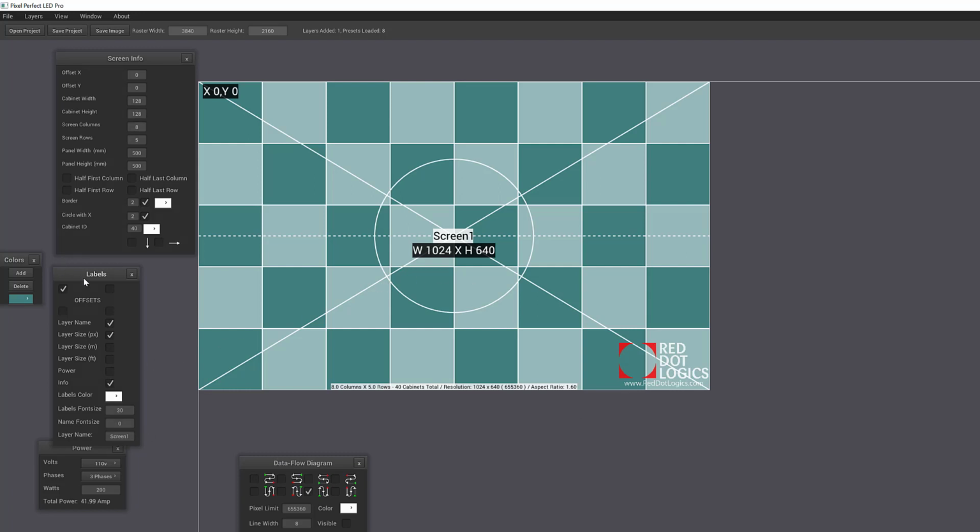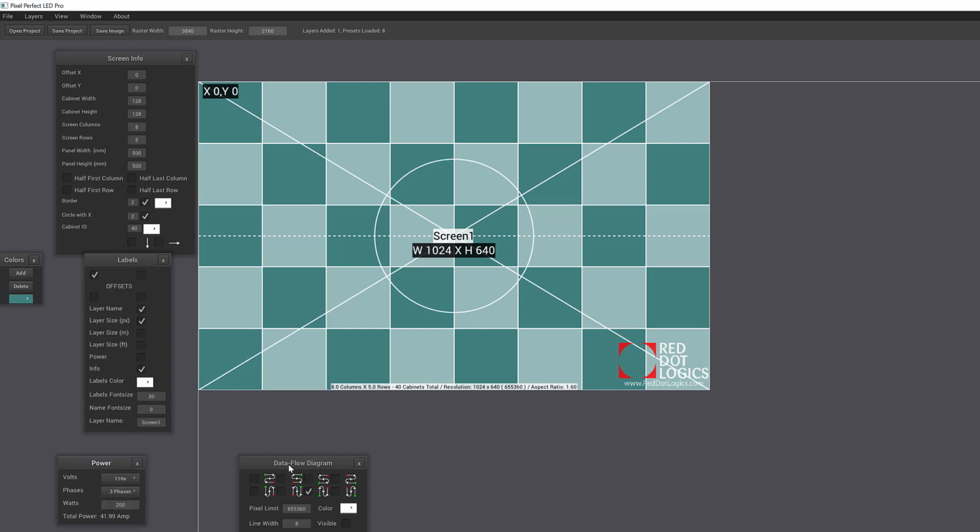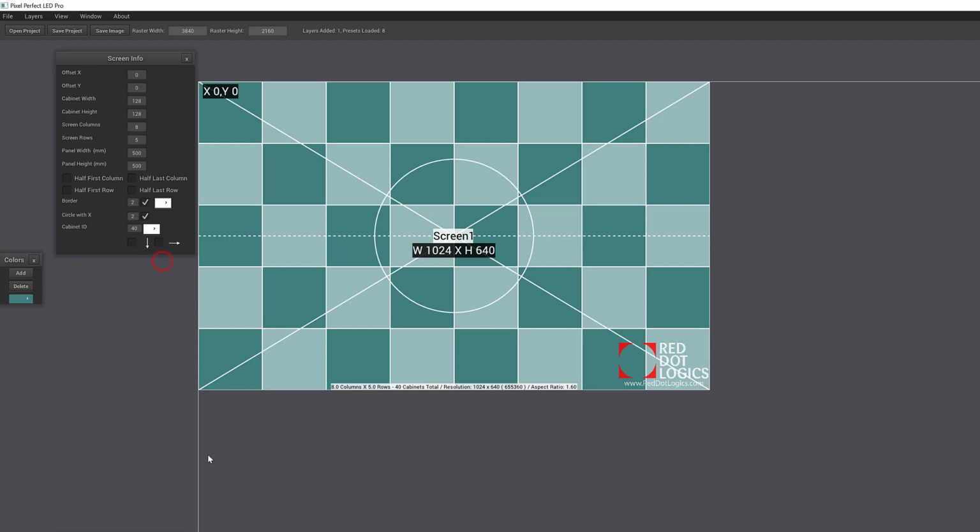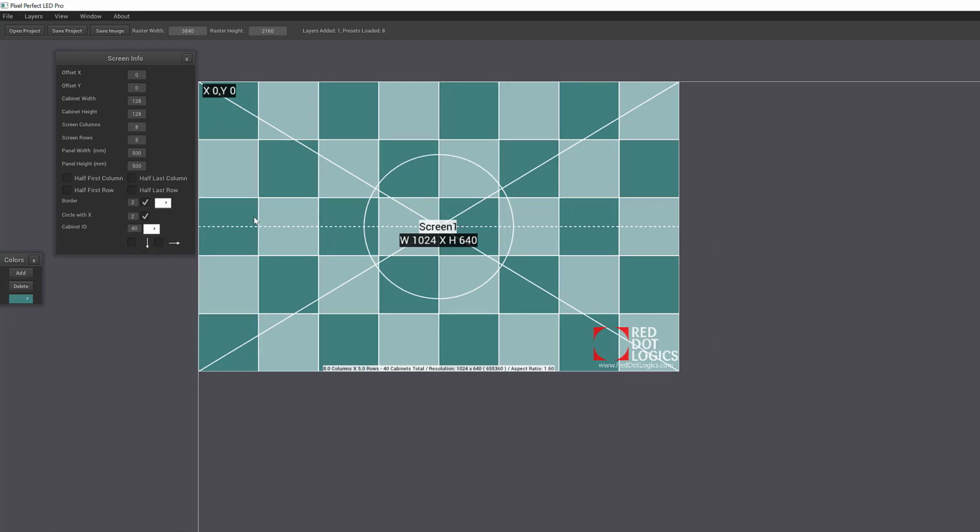So once that's all controlled by the labels, then you have your power information here, and you have your data information here. All of these palettes you can close and reopen as you need them, if you need more space